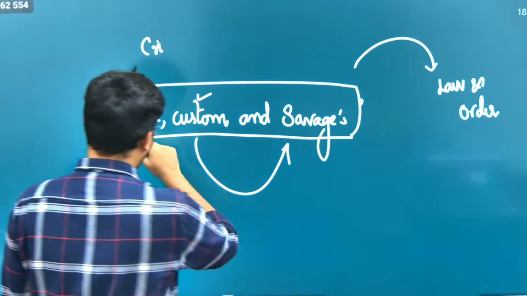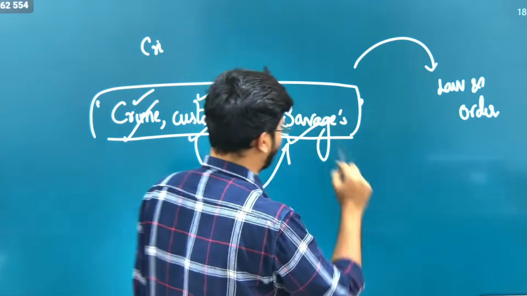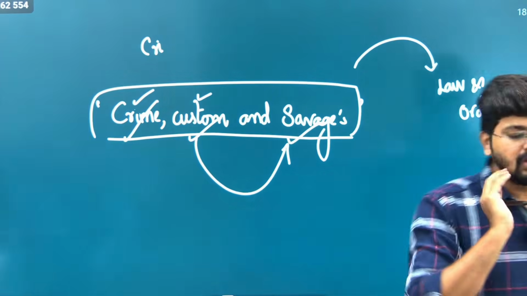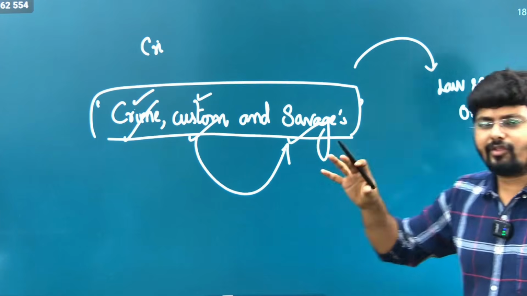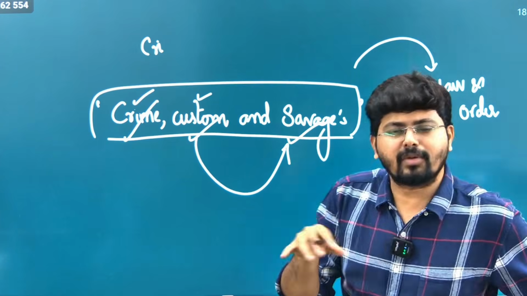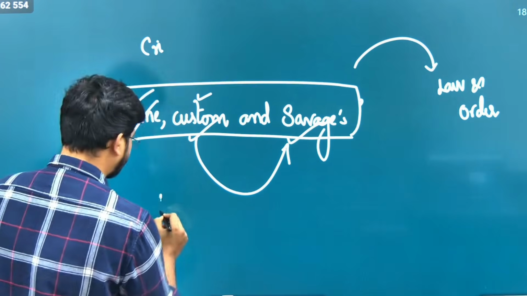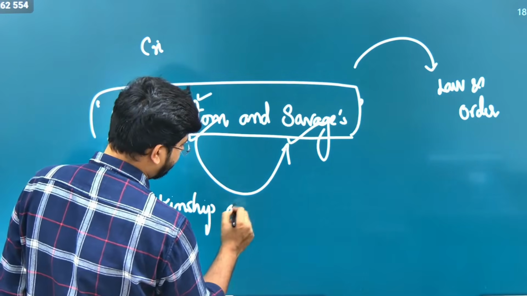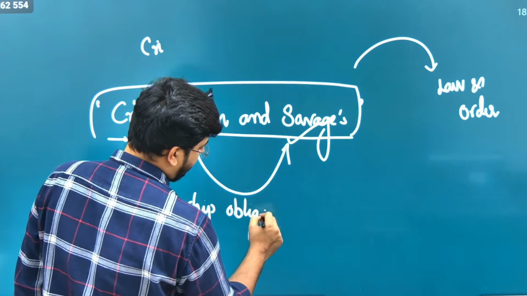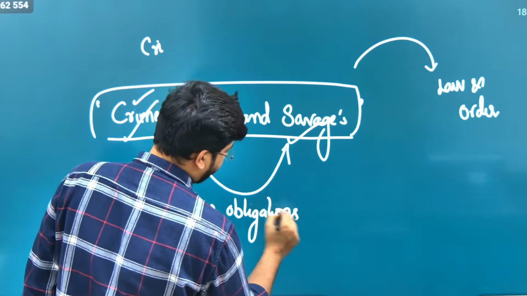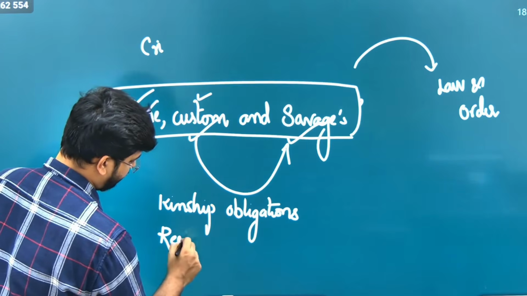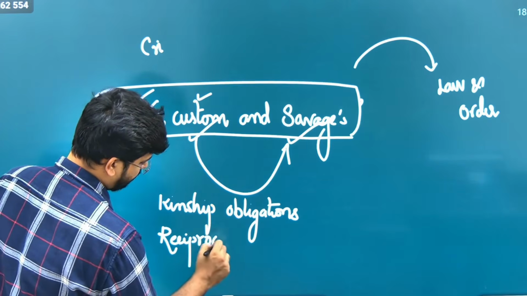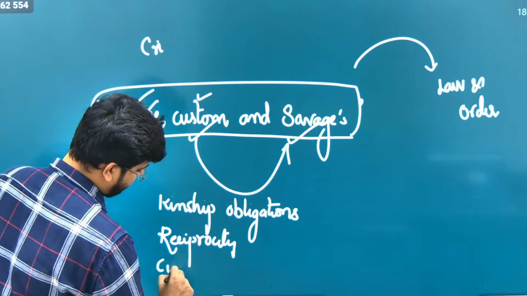There he talks about crime, customs, and savages. He tries to say that they don't have any formalized mechanism; rather, kinship obligations, reciprocity, and customs